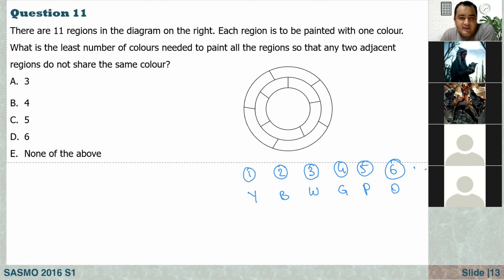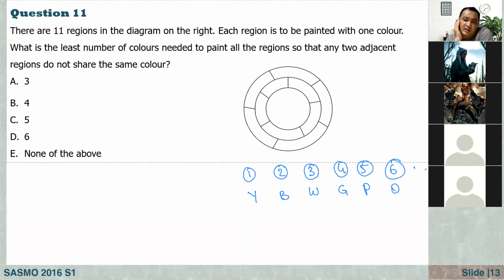All right. So what we have to do here is, I think we need to start coloring from the innermost region that has the most borders to other regions. What is it? It is the middle part. So let me just number our colors. Yellow, for example, let's say it is number 1. Blue, number 2. White, number 3. Green, number 4. Purple, number 5. Orange, number 6. We have a lot of different colors here.